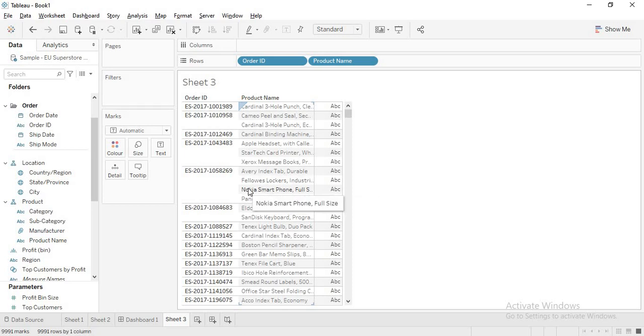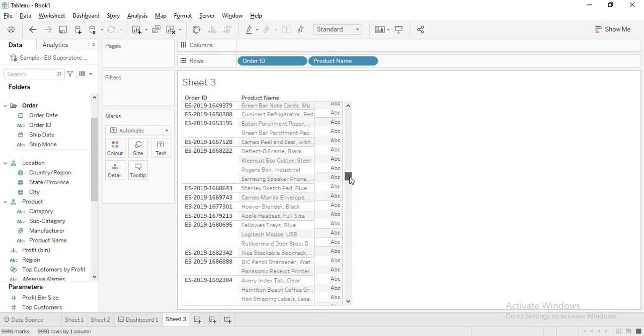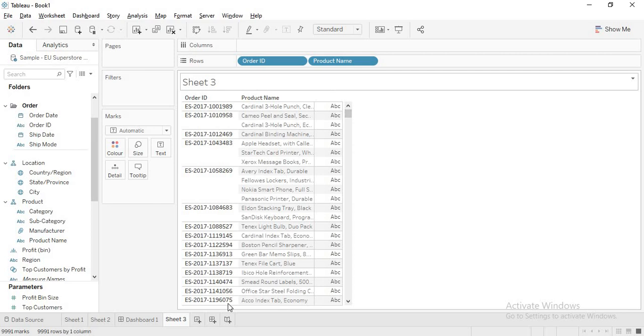The organization wants only those order IDs that have both of these in an order. If the customers have purchased Fellowes and also a Nokia smartphone together in the same order, they want all those order IDs.